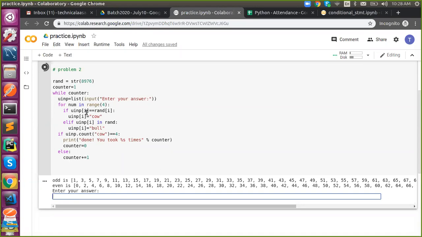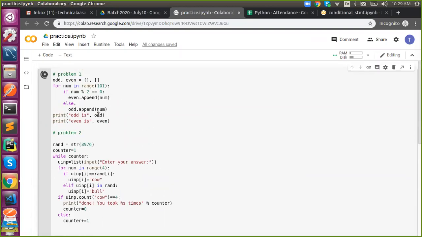So what happened now? It stops here and is seeking some input. Once we give some input, it will move inside, and here it will raise an error. What will be the error? Exactly. Tell me the error. Name error. Name i is not defined.